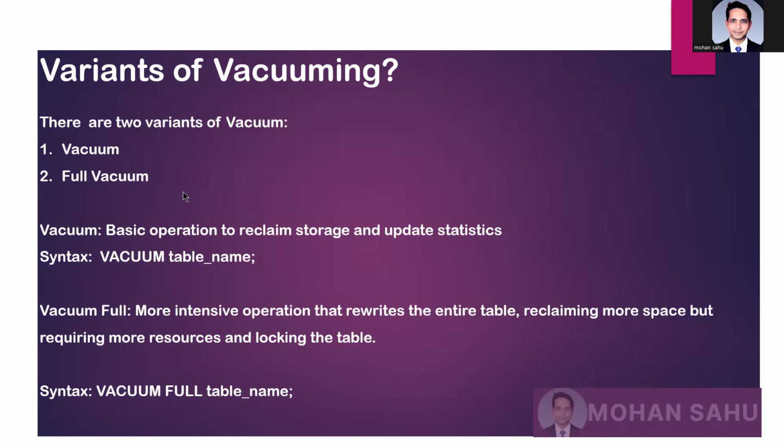So there are two variants of vacuuming. One is a simple or standard vacuum, and the other one is the full vacuum. The standard vacuum is a basic operation to reclaim storage and update statistics, right? Updating statistics will only happen when you run vacuum with the analyze command. If you run the vacuum table name command, it will vacuum the table and reclaim